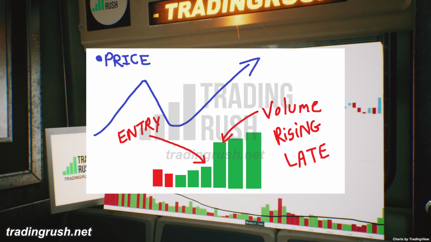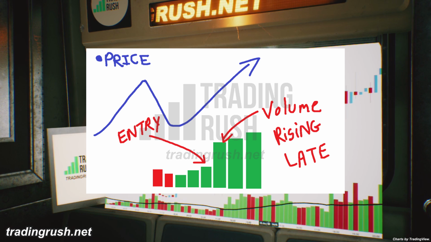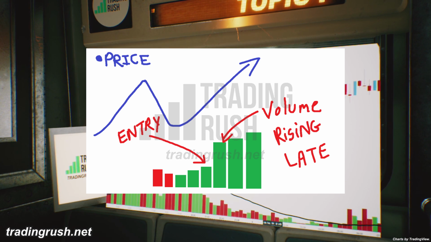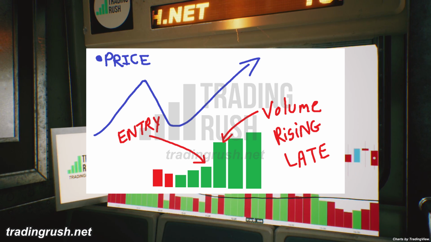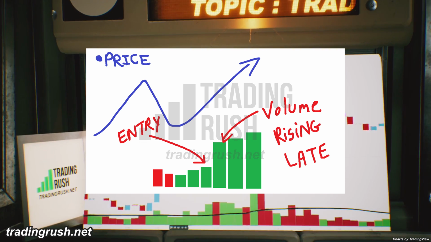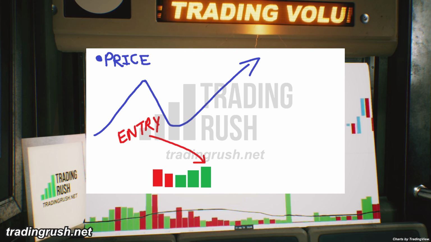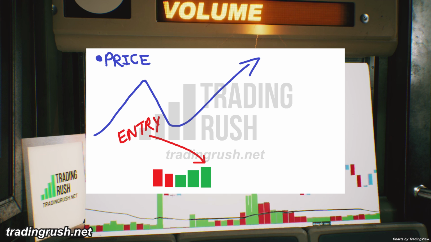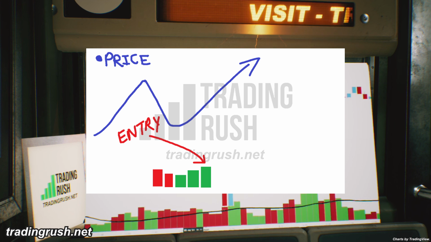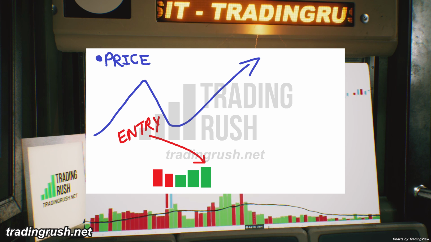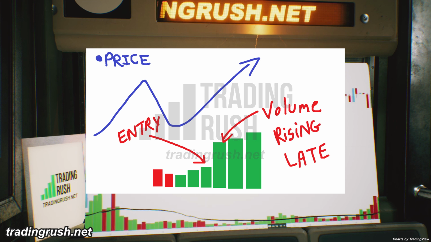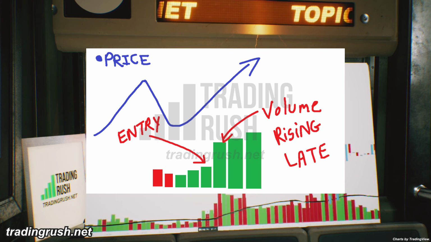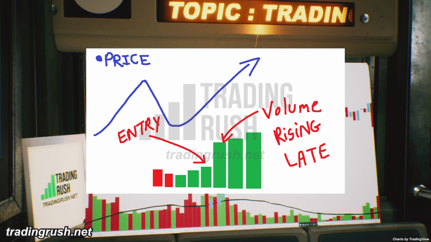When you enter a trade on a candlestick pattern, there is no rule that the institutional buyers and other traders will or should take positions by looking at the same candle. So the chances of volume rising at the same time you take the position is highly unlikely. If many traders are interested in buying at the same area as you are, you will see an increase in volume near your entry area, and not on your entry candle only.